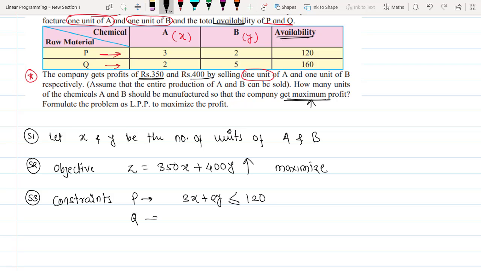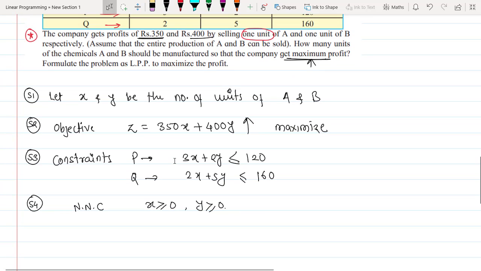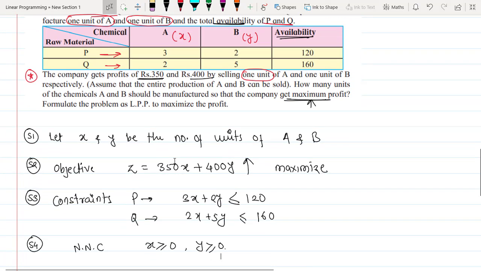And for Q, you will be having 2x plus 5y, which is again less than or equals to 160. The last is nothing but the non-negative constraints, which are x is positive or 0, y is positive or 0, because you cannot leave that out; they are the number of units, so they cannot be negative. Okay, so I hope you have understood this type of question also. Assume that the entire production of A and B can be sold. Okay, so वो हम लोग यहाँ इसमें cover किया है. Okay, good. So in this exercise we are just formulating the LPP, and in the next exercise we will be